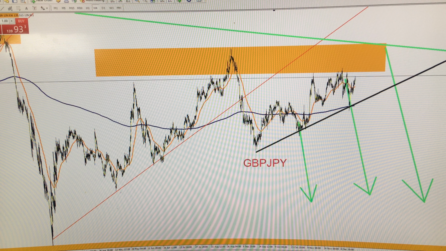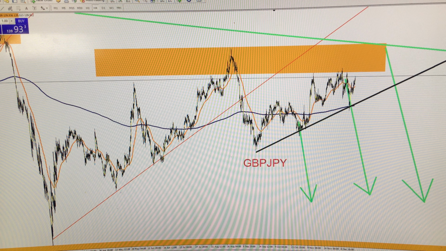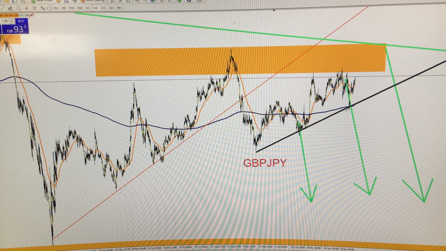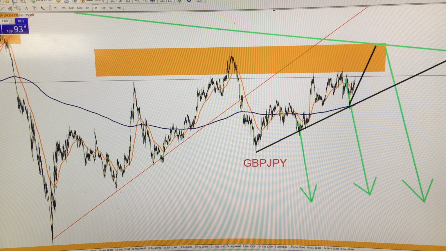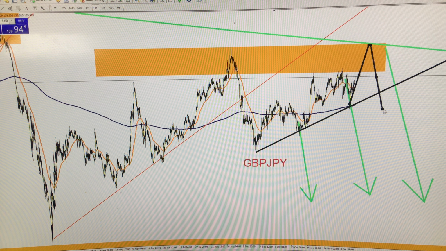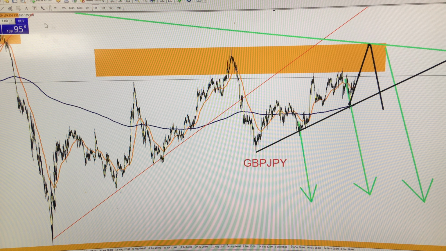Now they've rejected one time, two times. We're expecting a third one, right? They will go up. As you see, they're already going up. They must come here and reject again. They must drop. When they drop,